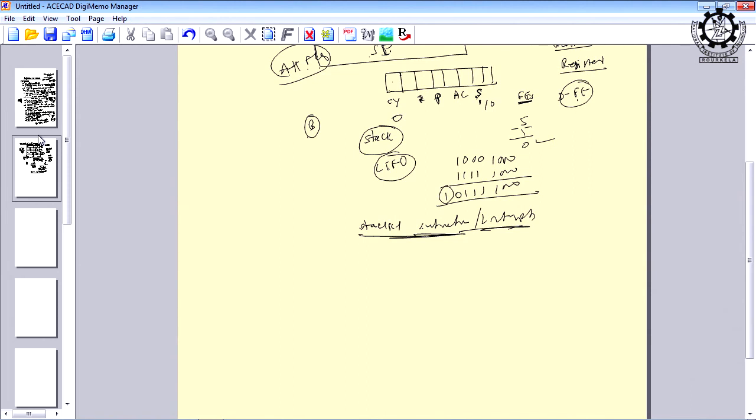So, if you see this 8085, it is very simple as compared to the 8086, and 8086 is very simple as compared to the 286. As you go on to the upper levels of microprocessors, you will find that a lot of computer architectural features have been incorporated into their design, like pipelining and superscalar architecture. All these are topics usually found in computer organization and architecture. They are found in the advanced microprocessors.